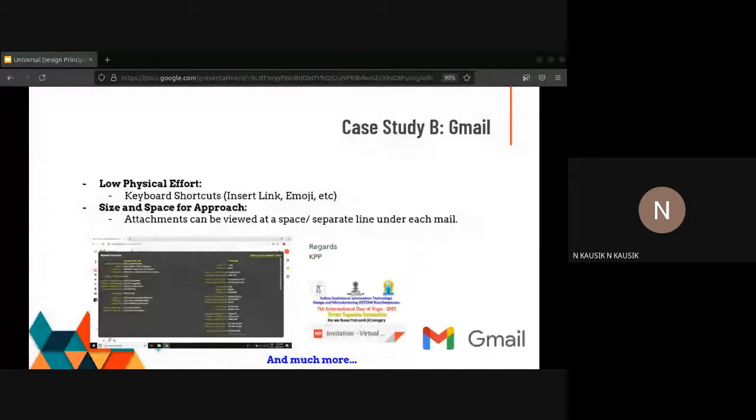And also on the Gmail main web page itself, they show the attachment on the right side of the mail. Each mail is like a row, right? The subject is displayed, and on the right side of that row they display what attachments are there, below the text, so you don't even need to open each mail to view which attachment is there. Yeah, Abhinand can go.